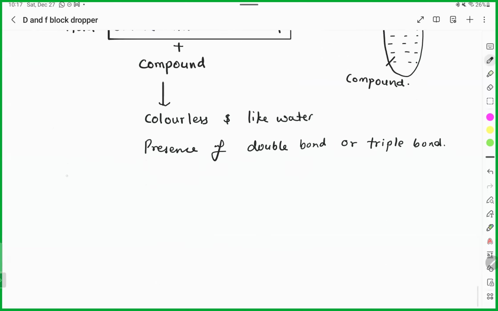Example, if you take any alkene, CH2 double bond CH2, it reacts with H2O and oxygen. How do we get this oxygen? From KMnO₄. KMnO₄ is an oxidizing agent. So when you take alkaline KMnO₄,